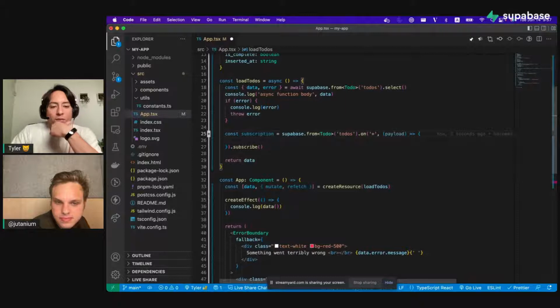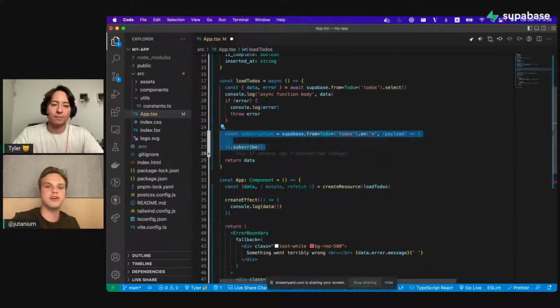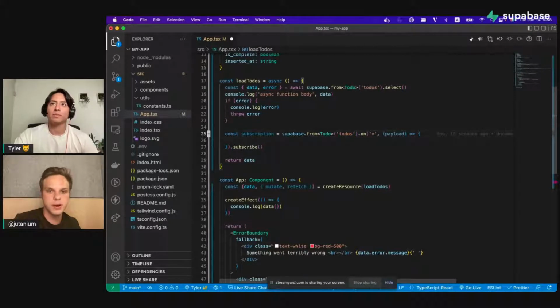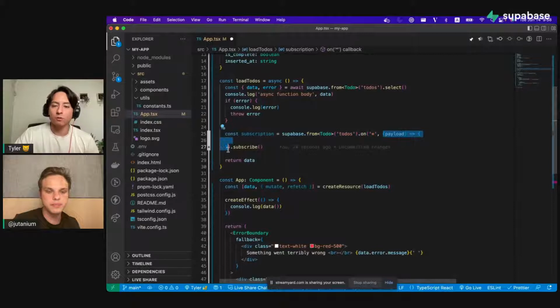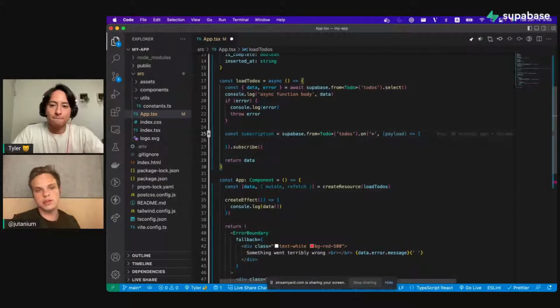But we want to define what we want to do as those real-time changes come in inside this callback function. I'm thinking where would be a good place to stick this in. This is not like a one-time fetch where we get data and we return it. This is an ongoing kind of thing. So the function you pass gets called over and over again. Yeah, this particular callback function gets called over and over again. So we can set this up like this, do this line of code in an effect in the app, so it'll just run